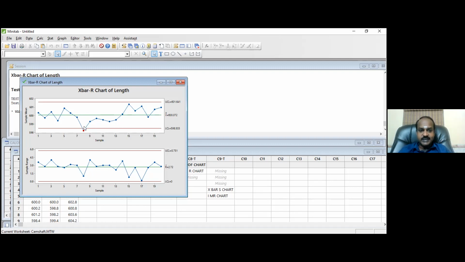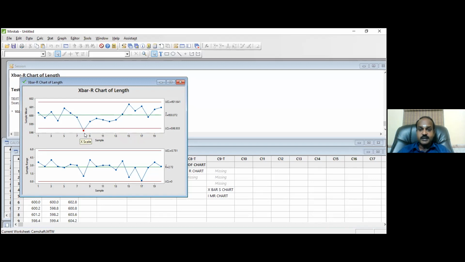Eighth average is a sample taken on day number 2, taken on shift number 4. Go to the spot, go to the Gemba. Go to the spot, find out how this subgroup number 8 was produced. When subgroup 8 was manufactured, what were all the process conditions? Who manufactured it? Which machine is used? Why? Because this is only a sample of 5 representing 1000 camshafts. If the sample itself is wrong, all 1000 will be wrong.